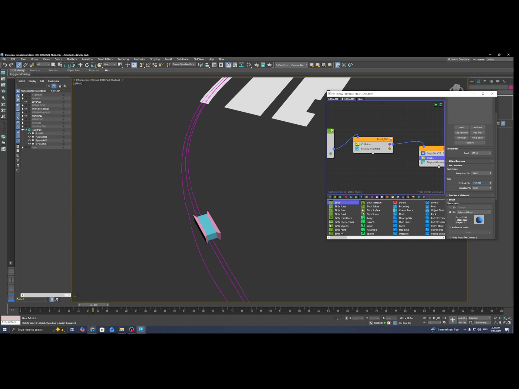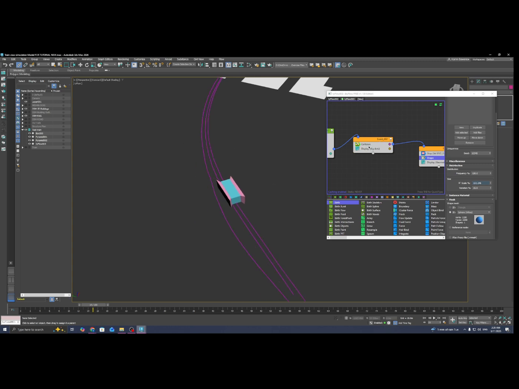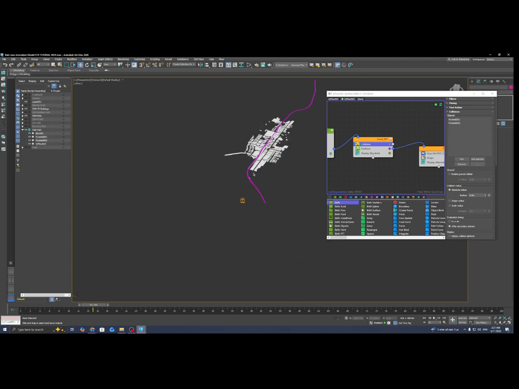And so here all we need to do is simply add another collision. So underneath this one, or let's go above it actually, let's grab collision. And so for this one, we'll pick these cones. So we have one, pick again, pick that one. And now let's run our simulation